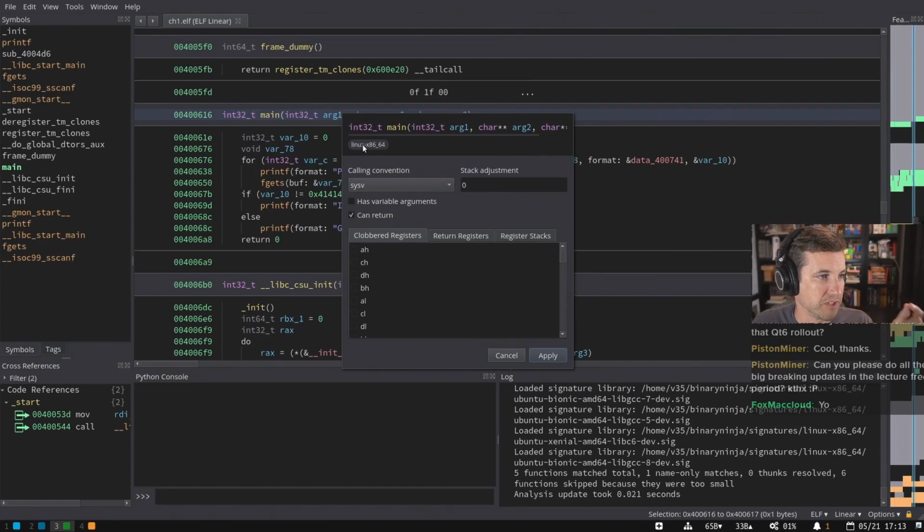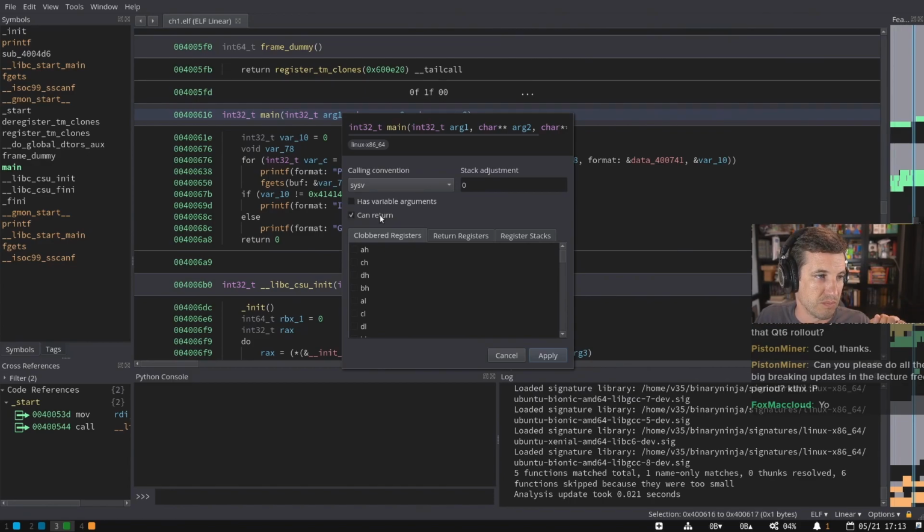So we've got a couple of tags here, some more information, and I'll pull up the documentation in a second and we'll show you what all the different types of things it can do. Calling convention, stack adjustment. If this is like color cleanup and there's some extra stack adjustment, you can enter that in here, whether it's a variadic function, and if it is a no return or not.